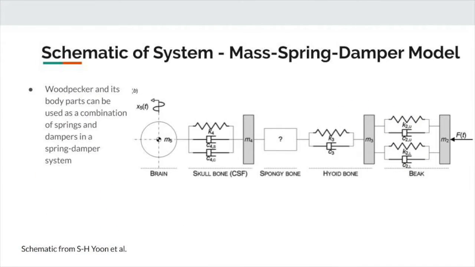As mentioned earlier, the properties of a woodpecker create a dynamic system on its own. This can be analyzed as a system of springs and dampers. The force exerted by the beak on the tree is shown on the far right of the diagram. To protect its brain, the woodpecker uses several body parts to dampen the impact it feels. As defined by its properties, the woodpecker's beak provides some damping and deforms slightly, acting like a spring.